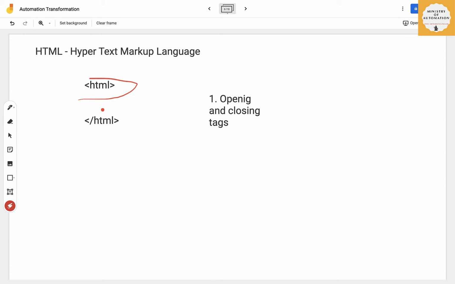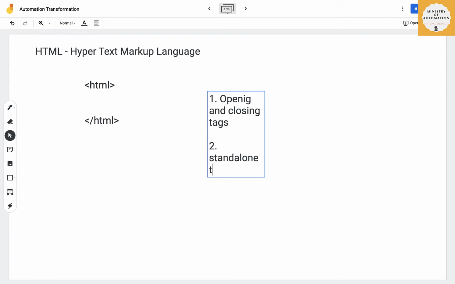If you simply write this and don't write a closing tag, then it's going to throw an error. Or if you try to write a closing tag first and then the opening tag, then also it's going to throw an error. So every web page will start with the HTML tag and end with this closing tag, and everything will be in between these tags. All the other tags which we're going to learn will be nested between this tag. So this is one form of tags. What is the next? Next, I call it standalone tags.